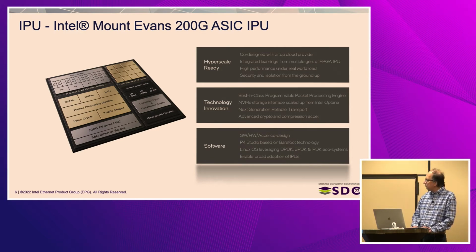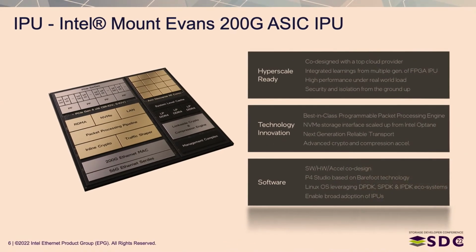If you look at Mount Evans, very similar to what I just said, you have a section that has purpose-built hardware engines for accelerating RDMA, NVMe. There is a fully P4 compliant packet processing engine that you see there. It also has inline encryption capability at full